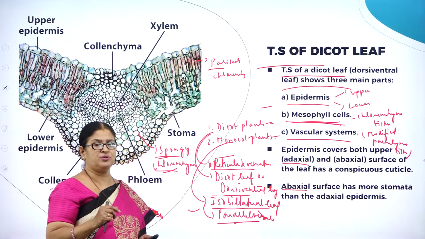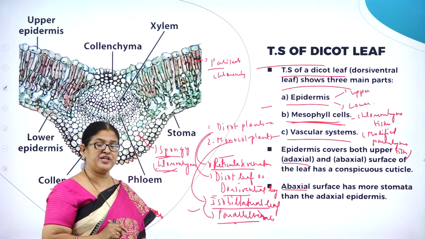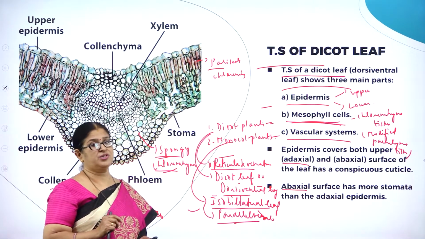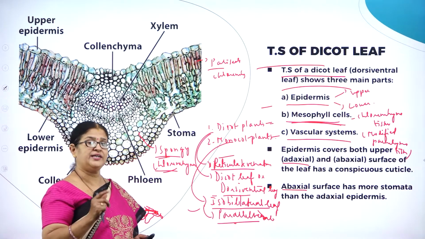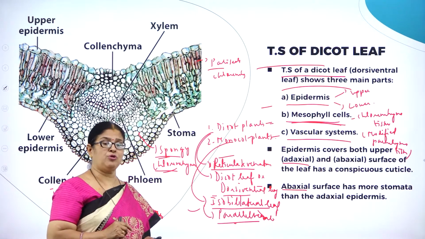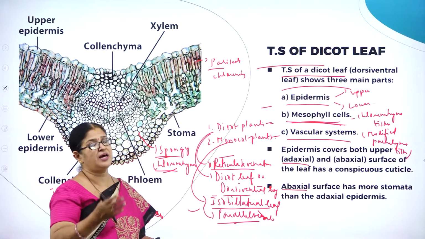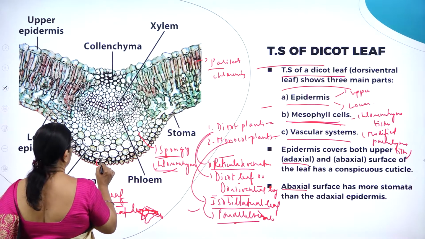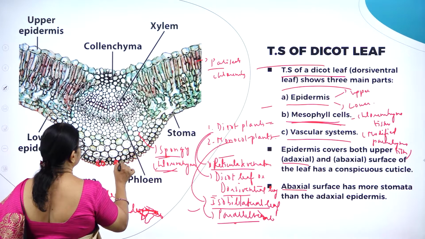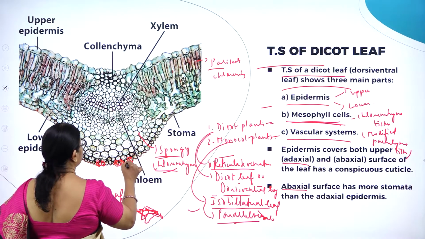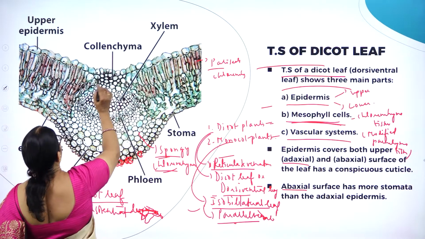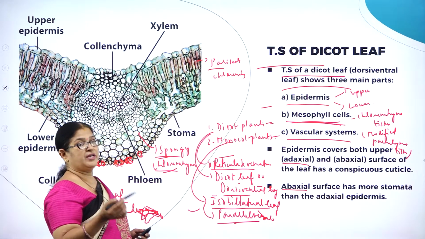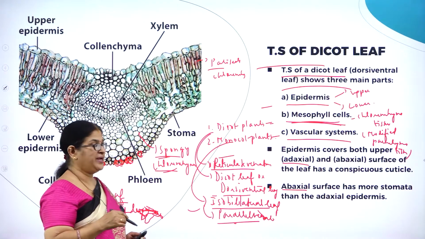And I think all of us know that the process of transpiration takes place through very specialized structures found in the leaf, called stomata. In a dicot leaf, there are more stomatal openings in the lower epidermis than in the upper epidermis. So the upper epidermis will have fewer stomata when compared to the lower epidermis.